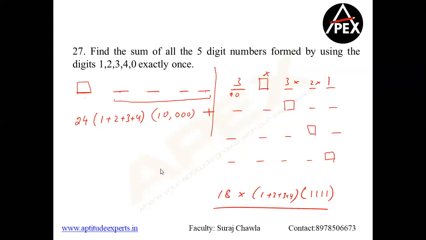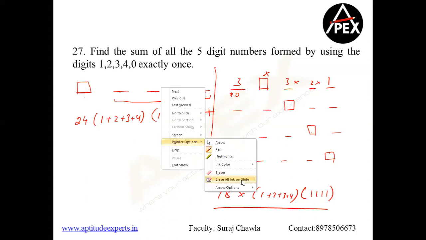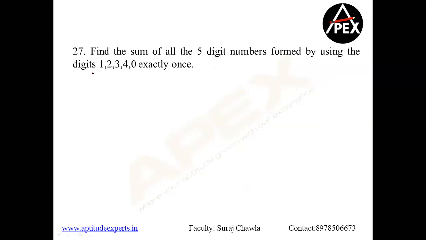Now, if somebody also told me the shortcut, you can remember the shortcut if you want to. The shortcut is simple: sum of all the 5-digit numbers that can be made, minus sum of all the 4-digit numbers that can be made, excluding 0. This is including 0. Assume 0 to be a non-zero digit.